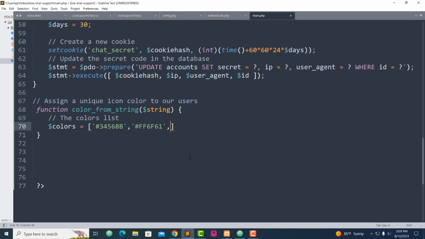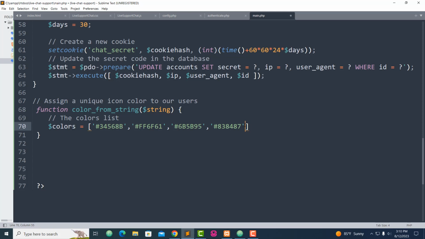I'm going to pass a few more for you guys, and you can add more according to your choice. Okay, we forgot the single quote here. Okay,